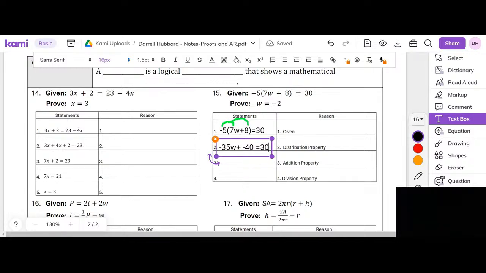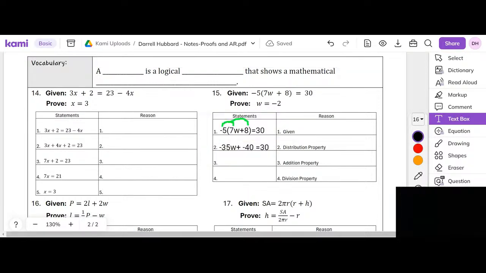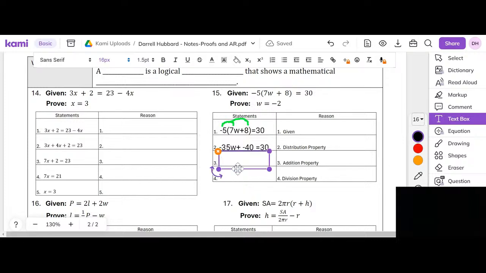Next, as you can see, we have the addition property. And what did we say the addition property was earlier? Yeah, we're going to be adding on both sides of the equal sign. But what exactly are we going to be adding? Well, if you're solving this by hand, you will move this negative 40 from the left side to the right side. And so when you do that, we end up with negative 35W